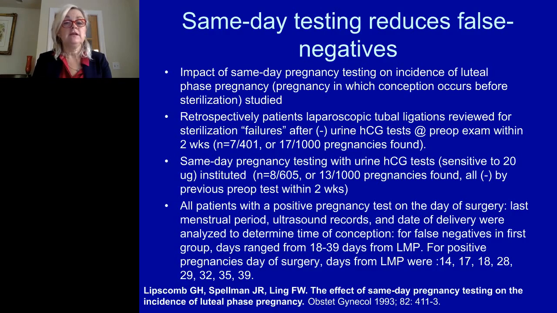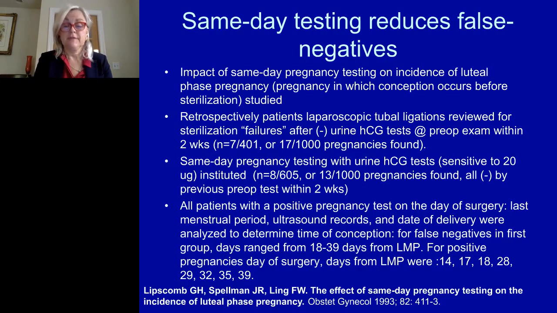So given the sensitivity of urine tests, really a couple of those, certainly the 39-day pregnancy, should have been discovered, even though the test was not done the same day of the procedure. However, there's a known risk of false negative pregnancy tests with urine tests, which we'll describe in a little more detail later. For the others, they were a little too early for the positive pregnancy test prior to the day